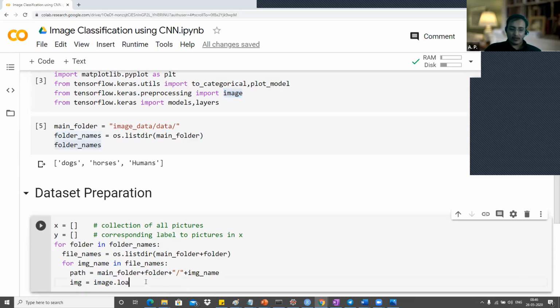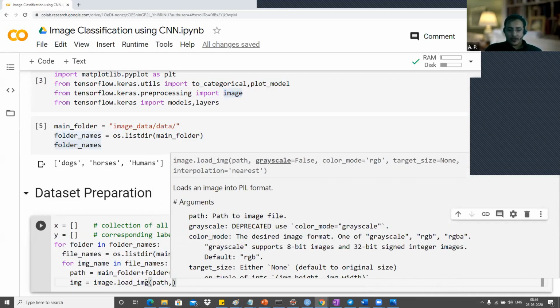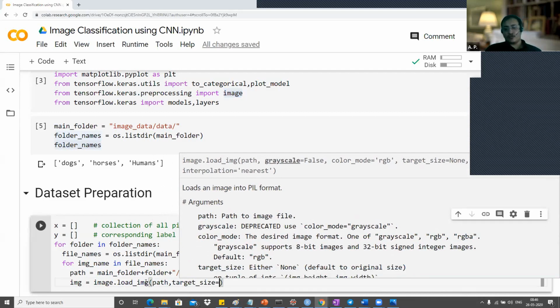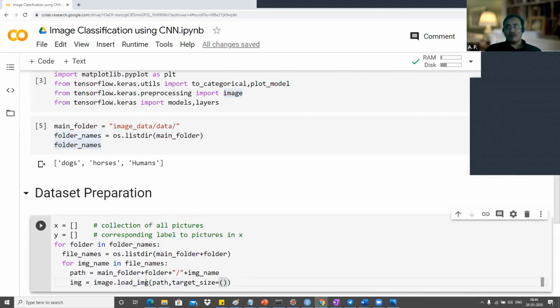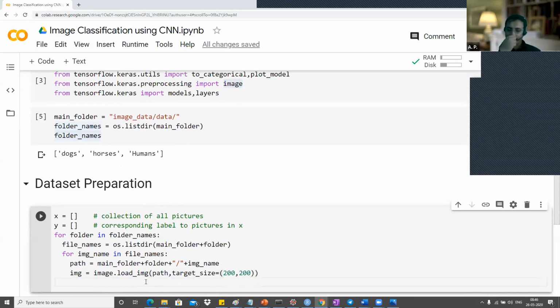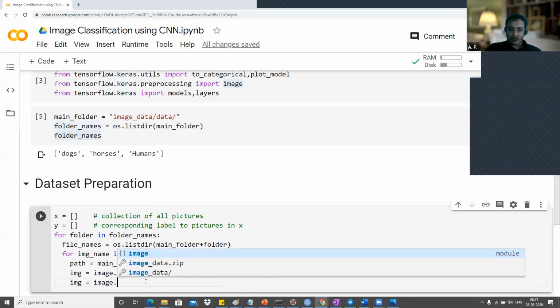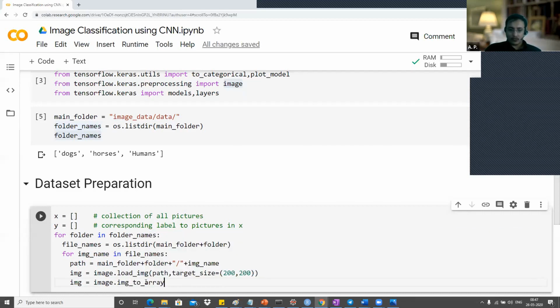So we have the function available with the image in Keras, load_img, and we can mention the path. We can also mention the target size as well. So the benefit of Keras is you can directly mention the target size, and it will read all the images and resize them into this particular size. So let's say my target size is I want to resize them all into 200 by 200, right? So this is a typical size I selected. So what this will do is it will read all images and convert them into 200 by 200, one by one. Currently our first image is in the image variable. We have to convert this into an array as well. So we have to say dot img_to_array